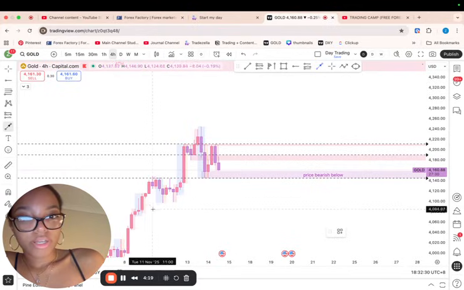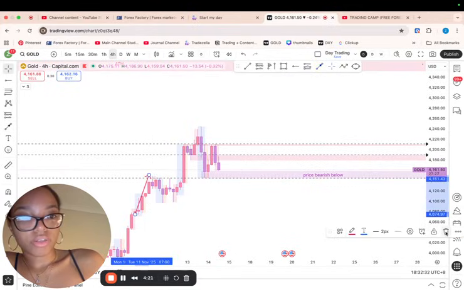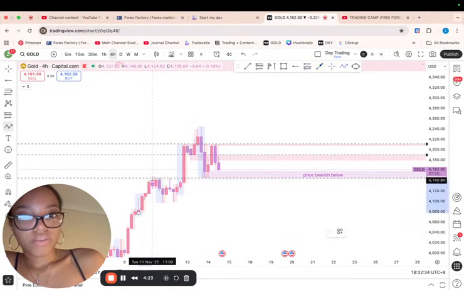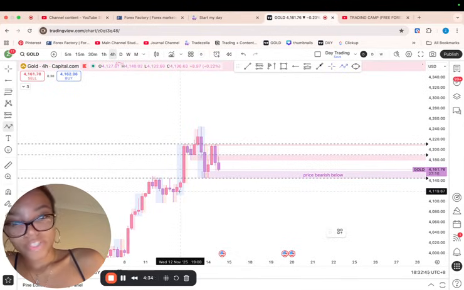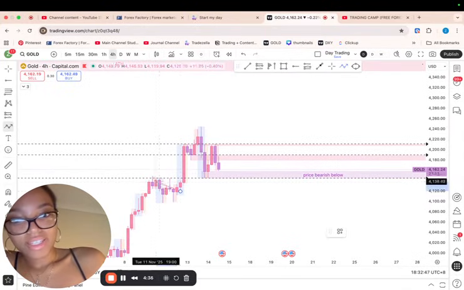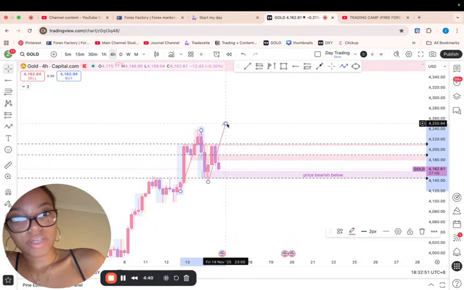Overall, we do have this high. Wrong thing. We do have this high and a correction and a continuation. And then we have... Wait, I'm a freaking liar. No, we have this high here that was made, then we broke out of here, made an indication, correction, continuation. That's what this could look